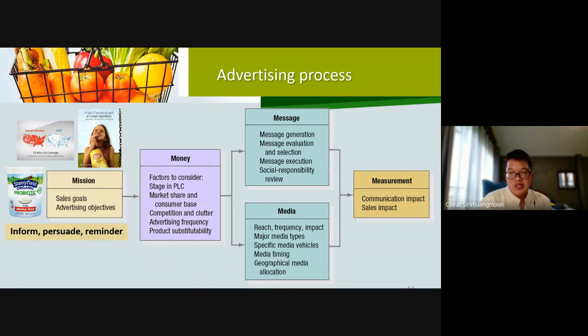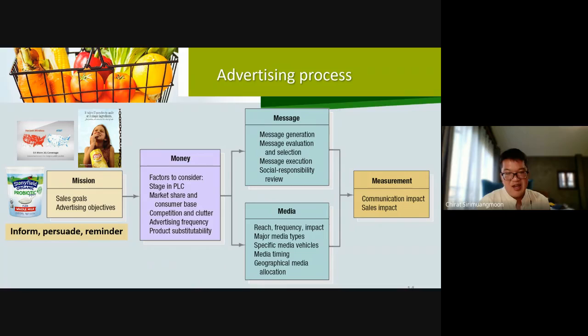So you should think about the product life cycle. If you're just in the beginning of the product life cycle, advertising should be used a lot. But in the maturity stage, in between, like in the middle, advertising is still needed, but not as much as in the first stage. But in the decline stage, you should not focus on advertising a lot, just try to use the salesperson to keep the market share from them.